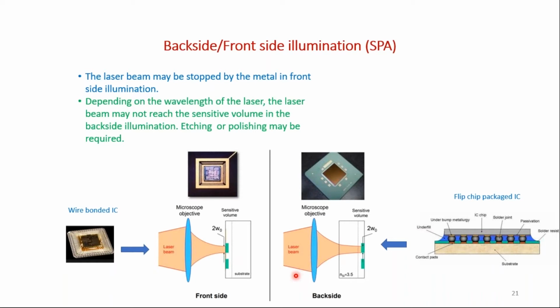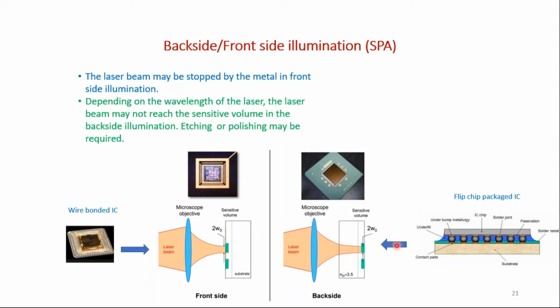Once again, let's talk about backside and front side illumination. As you can see in this case, the front side illumination is possible. If it is possible and is not covered by too many metal parts, you could use a shorter wavelength laser, up to 590 nanometers. It gives you better resolution, of course, for the beam. But usually the circuits are all covered with the metal pieces, so you need to go from the back